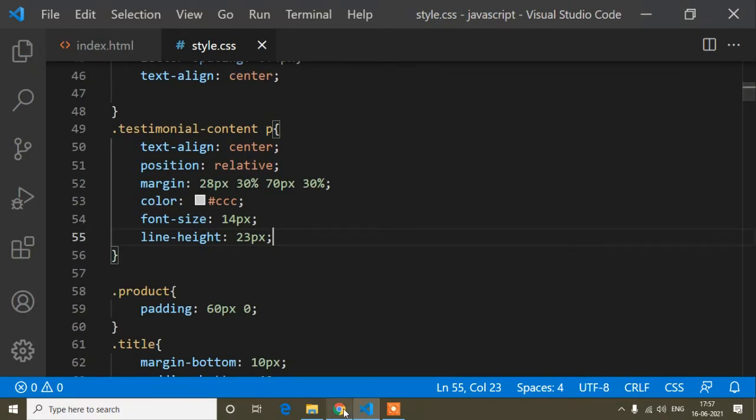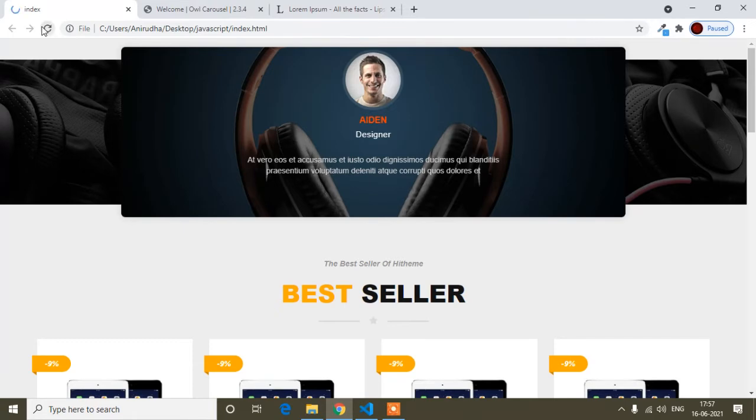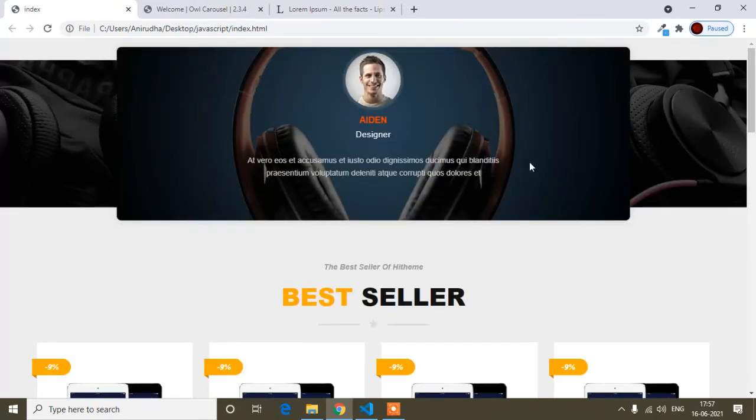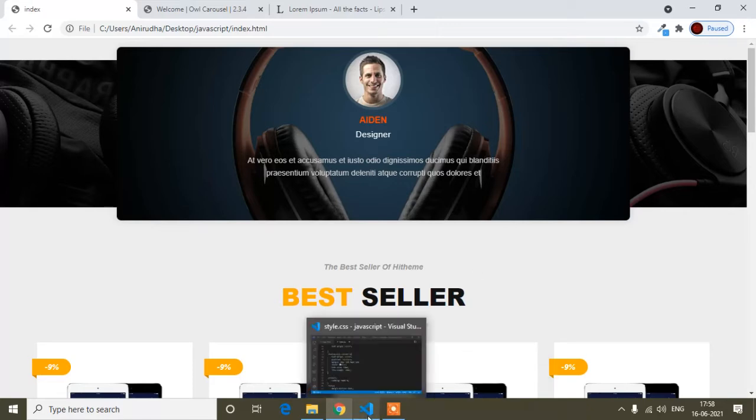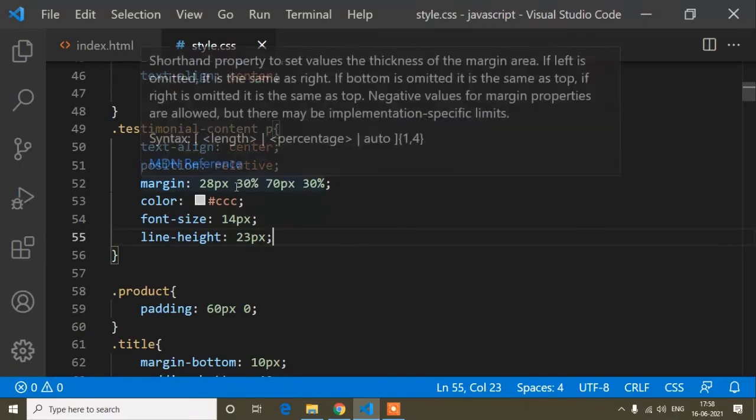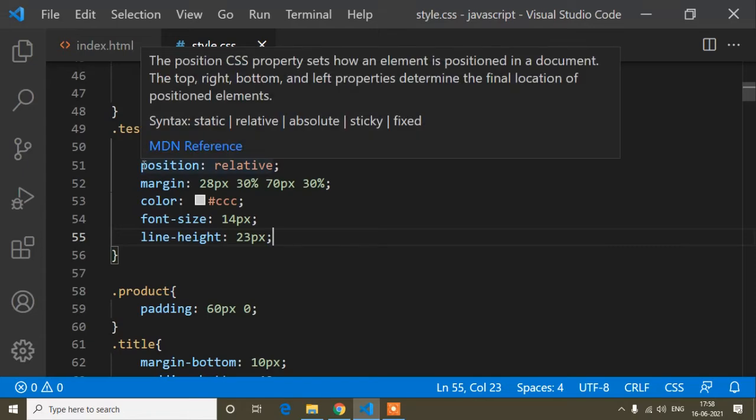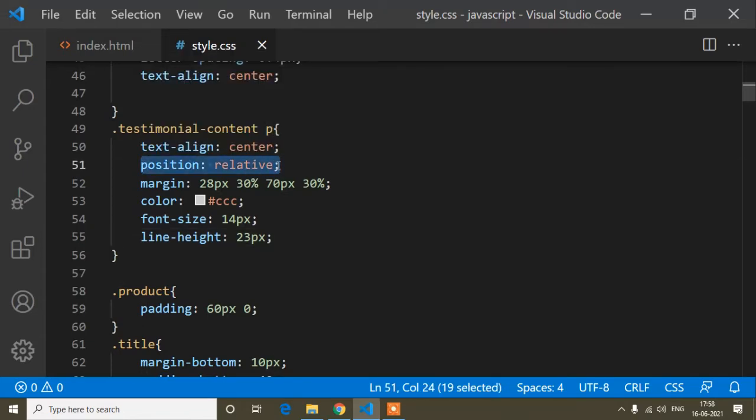Okay, so now save, and once I show you the preview, you can see now it's looking like this. So the p tag is done. Before this p tag, I mean here, look at my mouse pointer, here I will add an icon, and at the end of this p tag I will add another icon, and that will be a Font Awesome icon. The Font Awesome icon will be floated on this p tag, so that's why the p tag is first of all position relative.